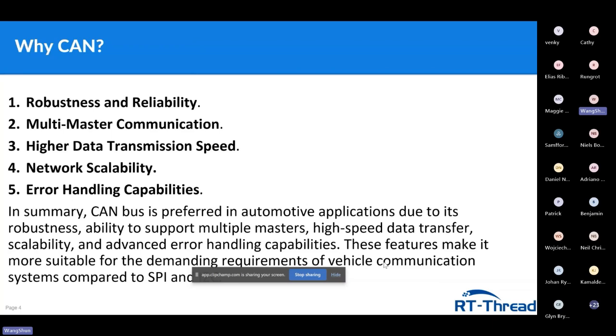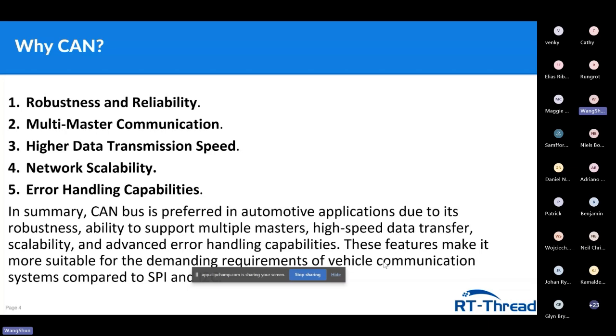With UART, two devices do the communication with each other, and also the speed is not that high. Then I2C comes into the picture. In I2C also the range is something around 100 kbps to several Mbps. Then people might think, okay, why can't we use SPI communication? SPI is even faster than the CAN bus. So the thing is, we can use SPI, but